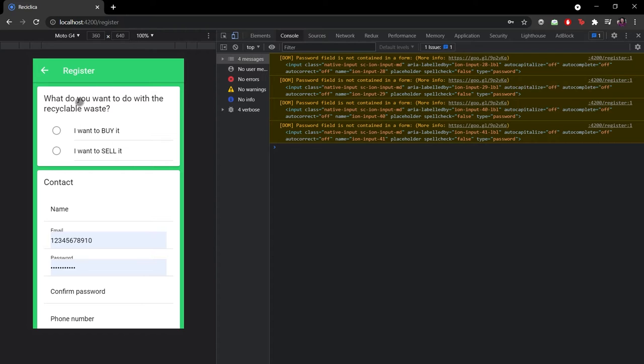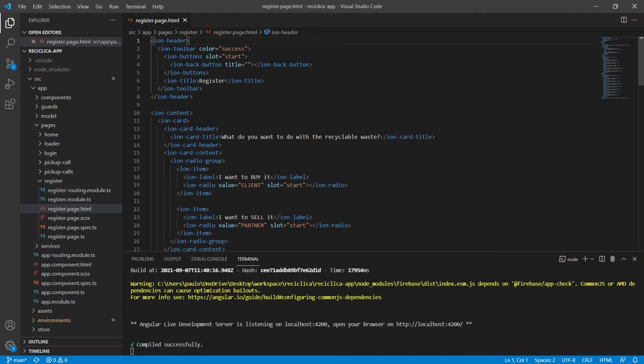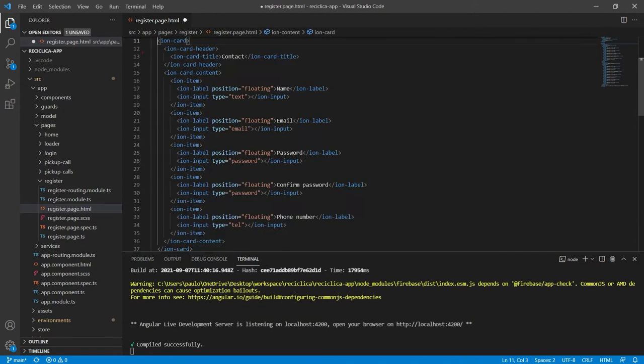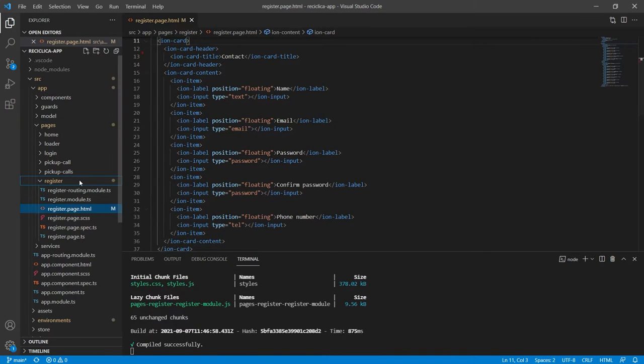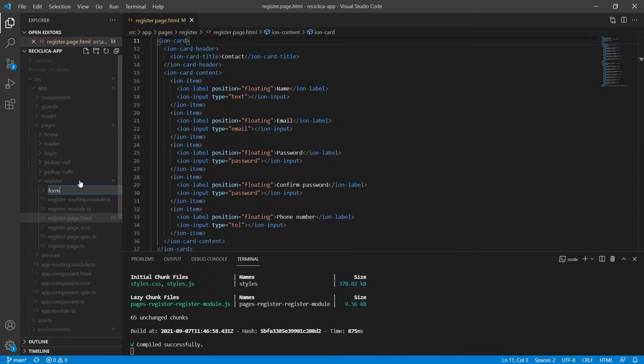Let me first remove this part of the screen as it turned out not to be necessary anymore. Alright, so let's start with the form validation of the register page. I'll go back to the code and create a new folder called form, and inside of this folder I will create a new file called